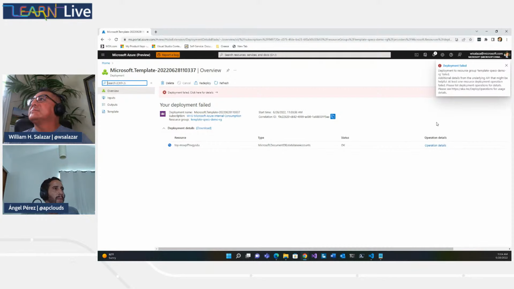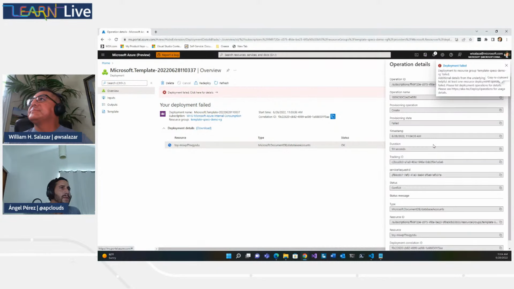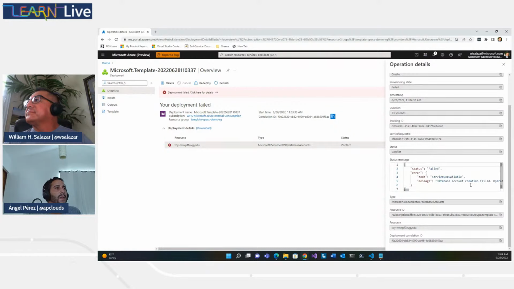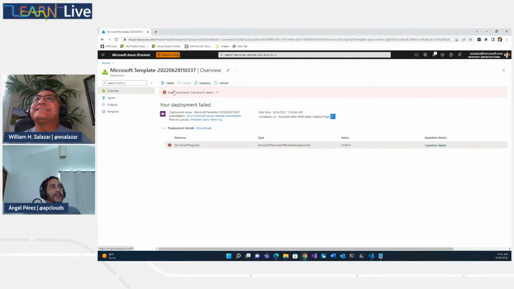Oh, didn't like it. Let's see. Service unavailable. Data account failed. This looks like it's something agnostic to us. Sorry, we are currently experiencing high demand in West US 2. So it's not necessarily anything we did. We need to pick a different location. But in a nutshell, this did a good job of visualizing the actual workflow